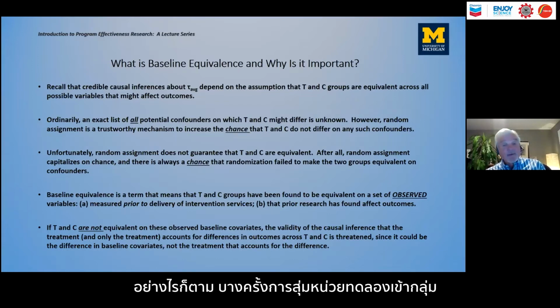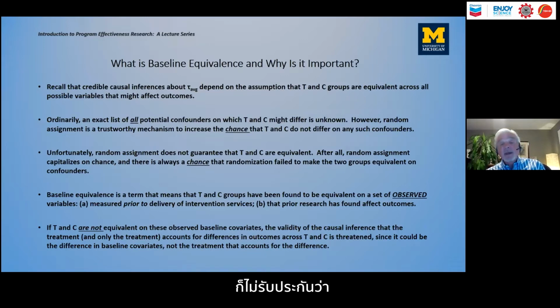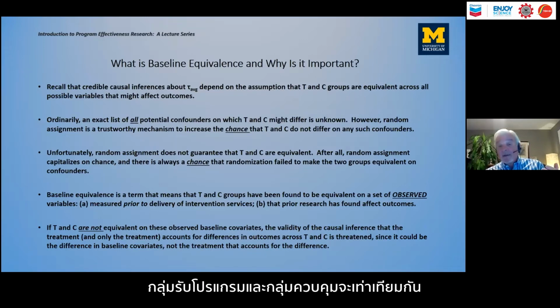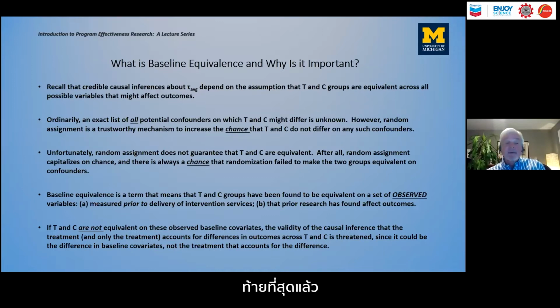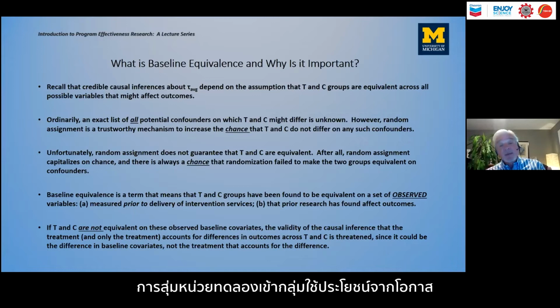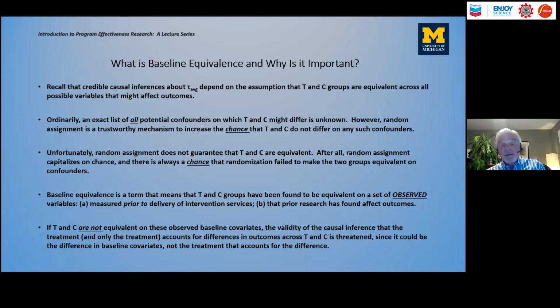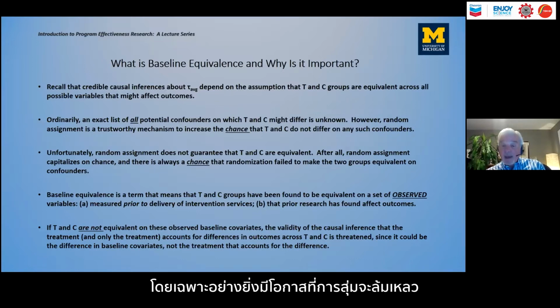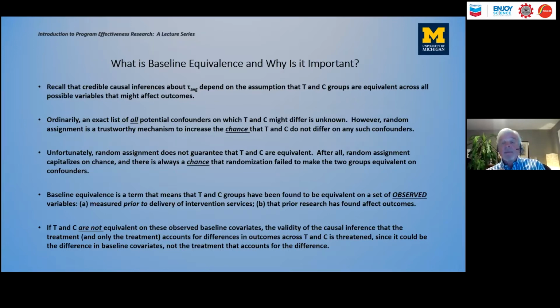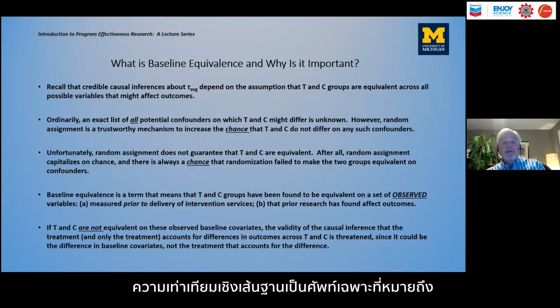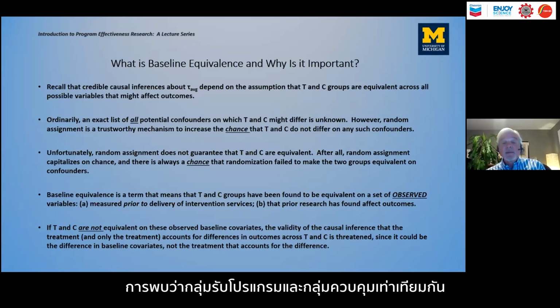However, sometimes random assignment doesn't guarantee that the treatment and control group are in fact equivalent on all confounders. After all, random assignment capitalizes on chance, and with smaller samples, there's especially a chance that randomization actually failed to make the two groups equivalent on these confounders. So baseline equivalence is a term that means that the treatment and control groups have been found to be equivalent